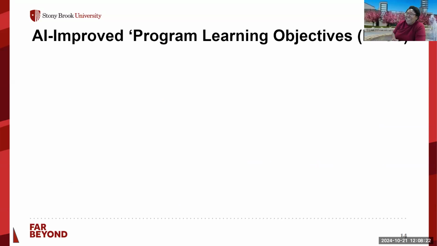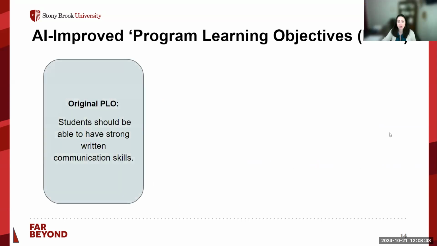You go. All right, so our first example, starting off pretty basic, is how can we use AI to improve program learning objectives, or PLOs? The PLOs are really the foundational piece of any good assessment plan. So you want to make sure that you've got a PLO that is measurable, that is specific, and that is actionable. So let's say you're starting off with a PLO that reads something like, students should have strong written communication